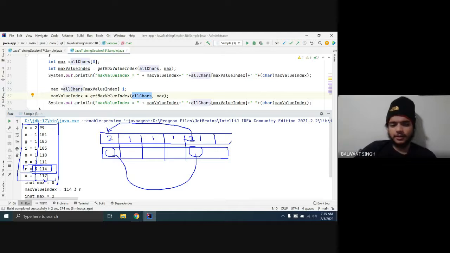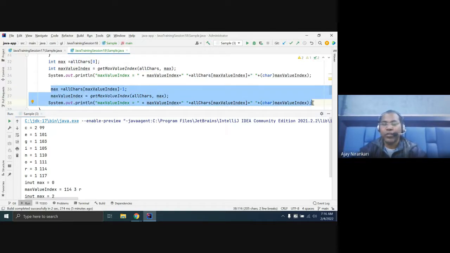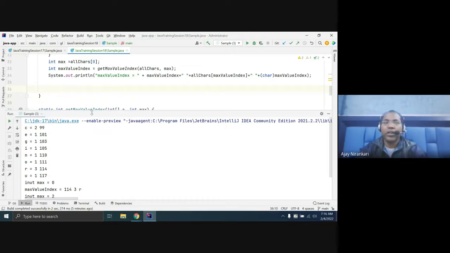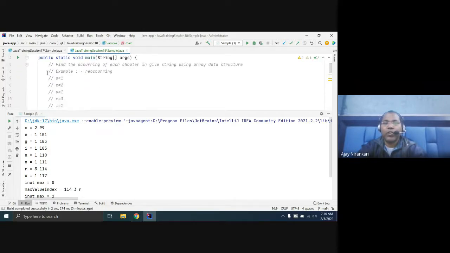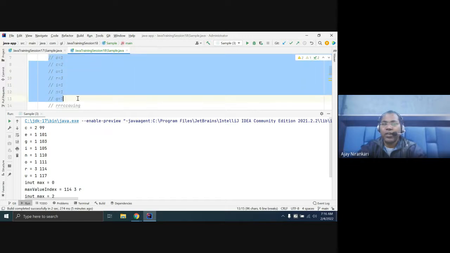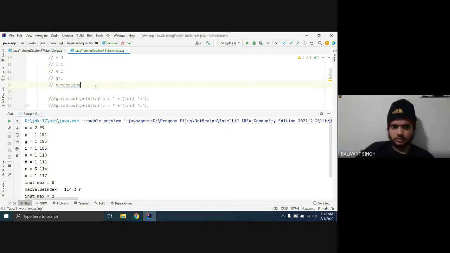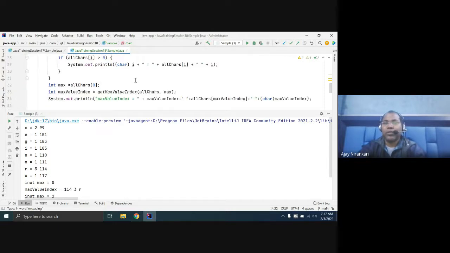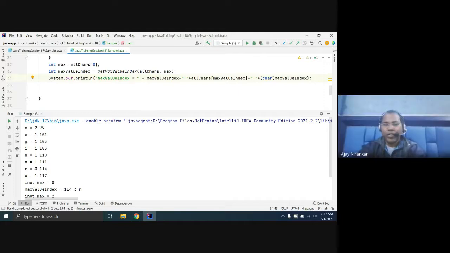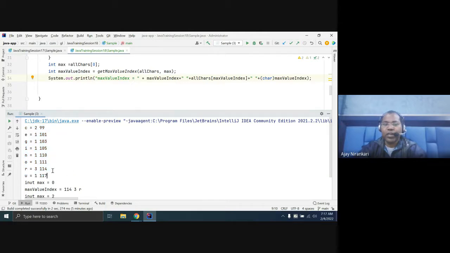Can we do it like this? From here we have multiple options, right? Let us figure it out now. Time is over, so otherwise I will write the code. We have solved the first problem, finding the occurrence of each character. Now we have the next problem: printing in the highest order. So you try, and otherwise we'll continue on the same tomorrow.